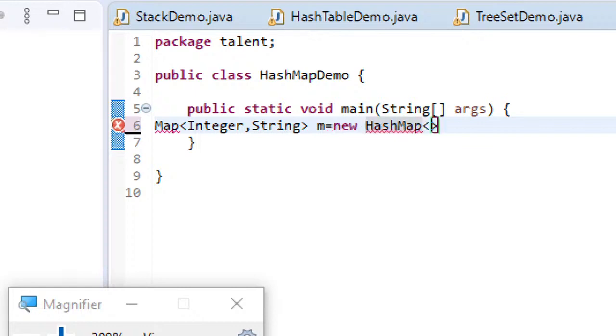We have seen from the very beginning itself that a superclass reference variable can be used to refer to a subclass object. I'm just reusing the same key value types so that I can copy the code from previous implementations.